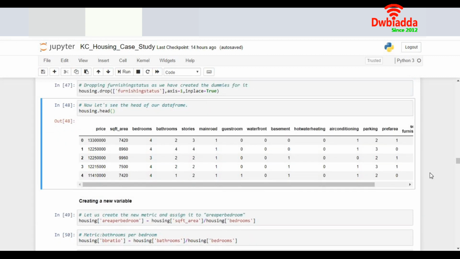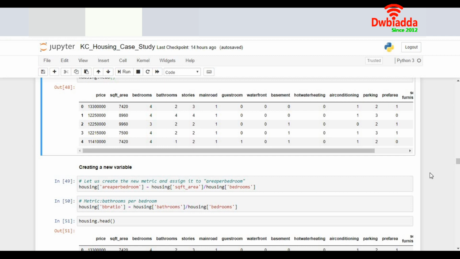Before I make a prediction, let's try to understand if I can conclude any further details apart from the details which I already have. We can do this by creating a new variable which is also called a derived variable. For example, in my case, I have square feet area and I have number of bedrooms.